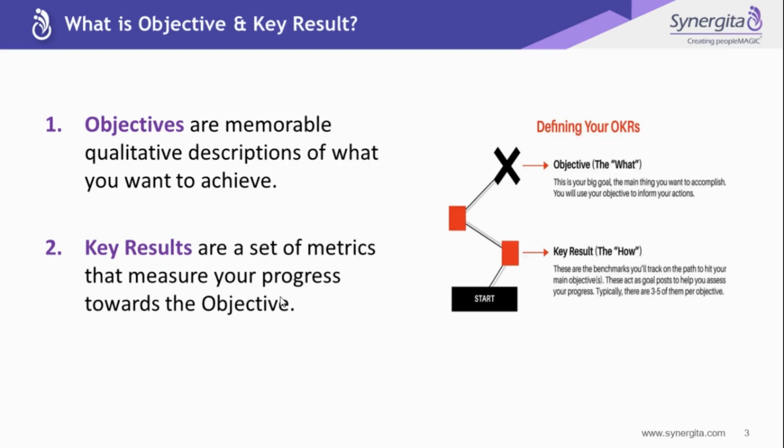So a proper goal has to describe both what you will achieve and how you're going to measure its achievement. So as the name implies, OKR has two components, objectives and the key results. And objectives are a memorable qualitative descriptions of what you want to achieve, and an objective should motivate, challenge the team by definition. Objectives are significant, concrete, action oriented, and ideally it should be an inspirational one as well.